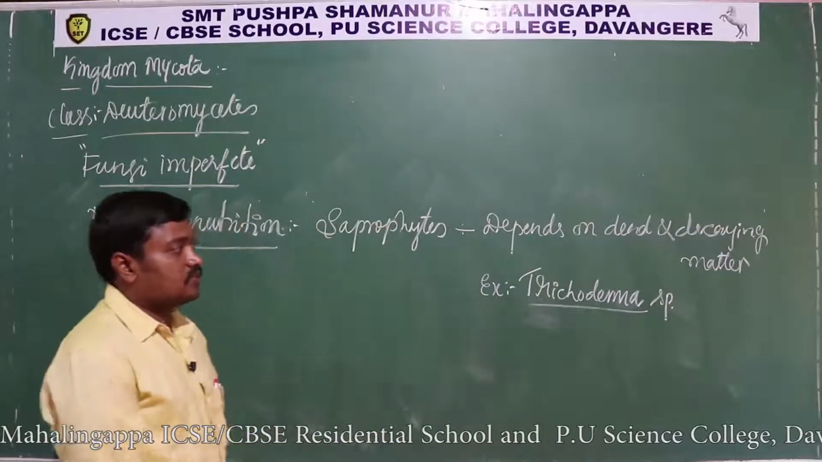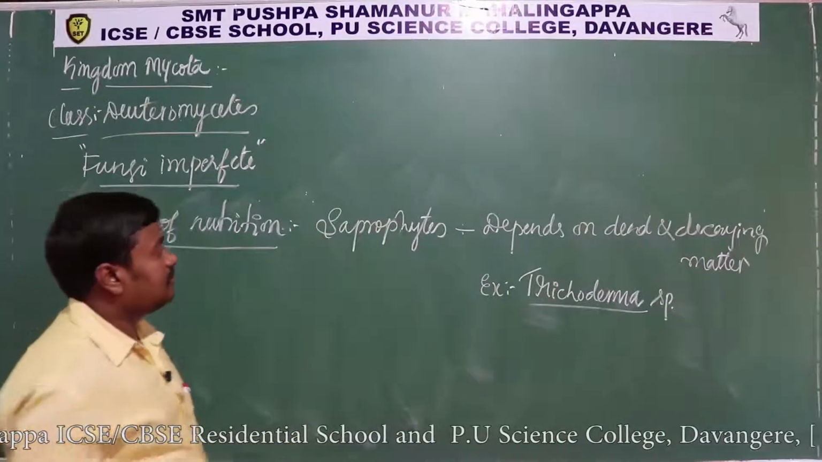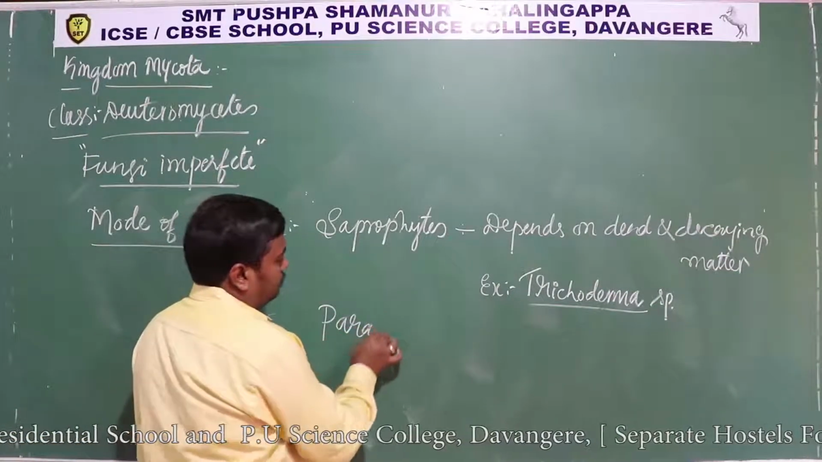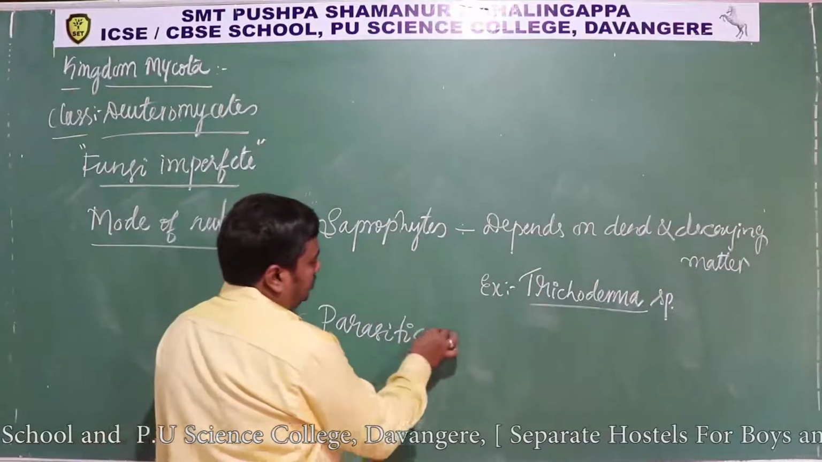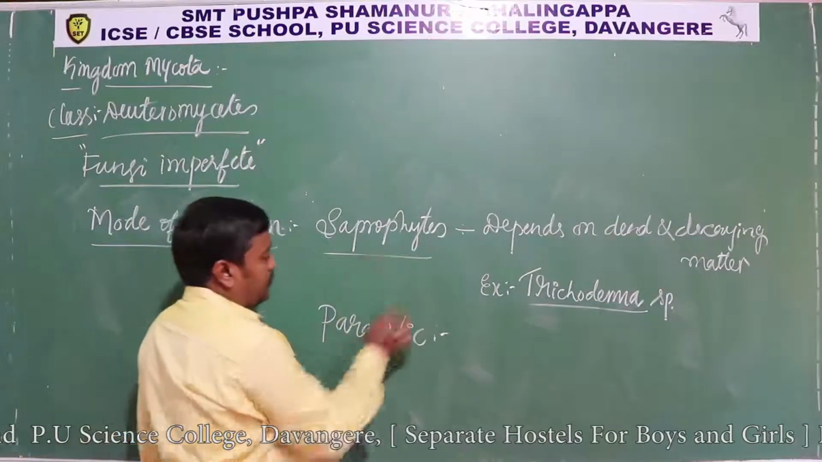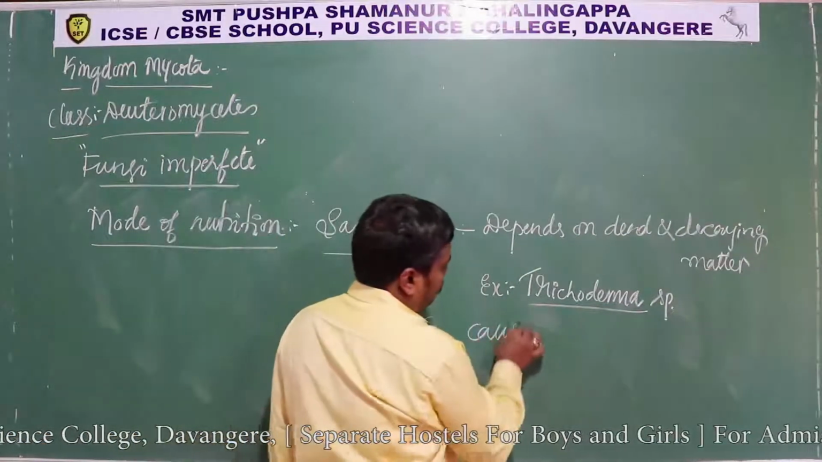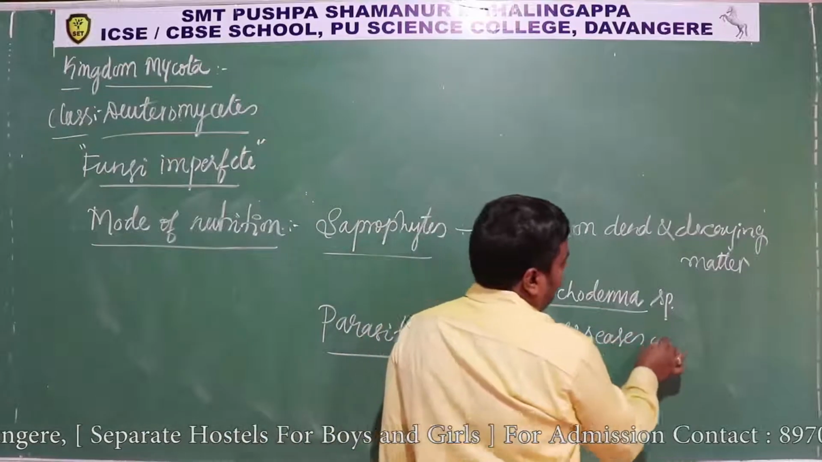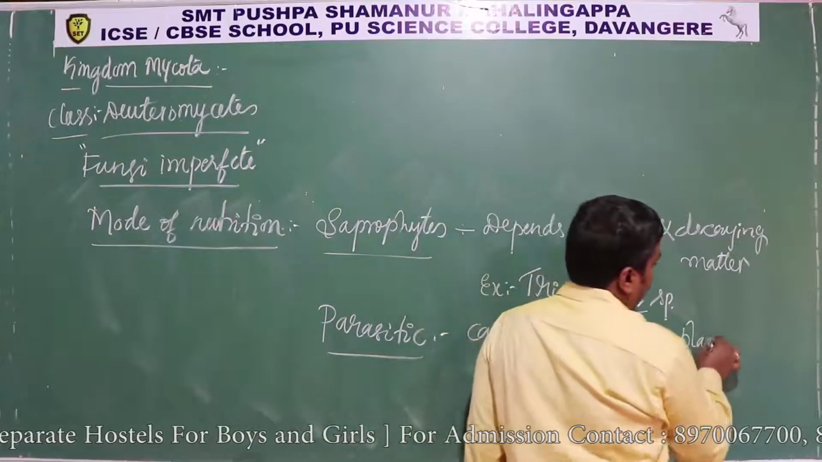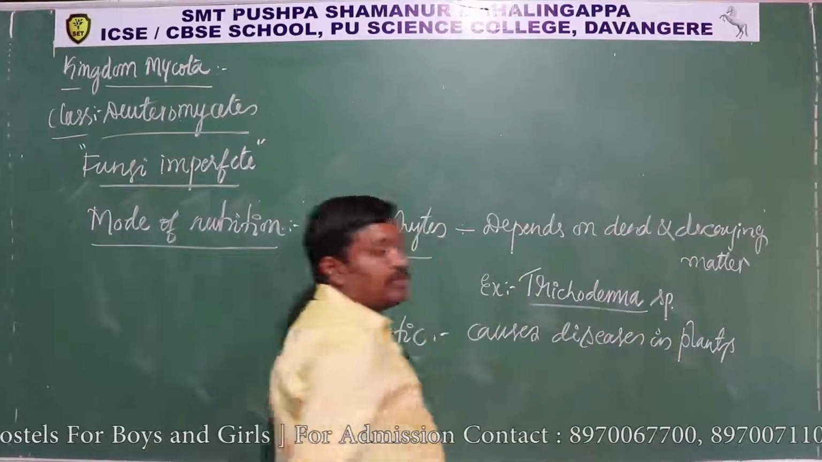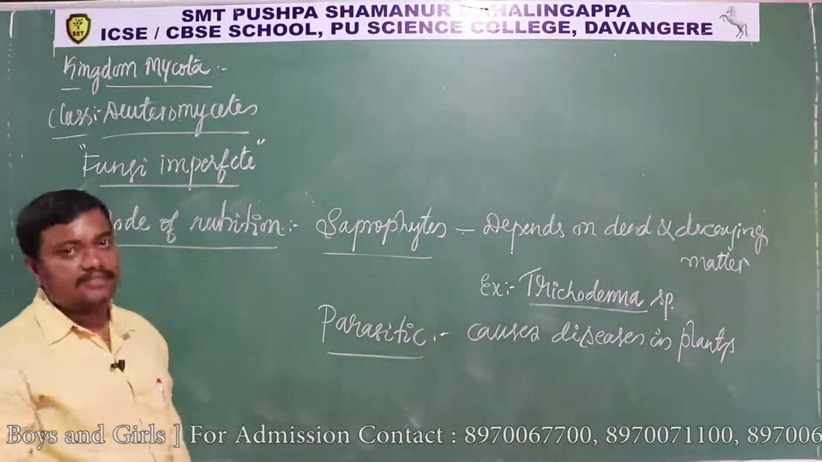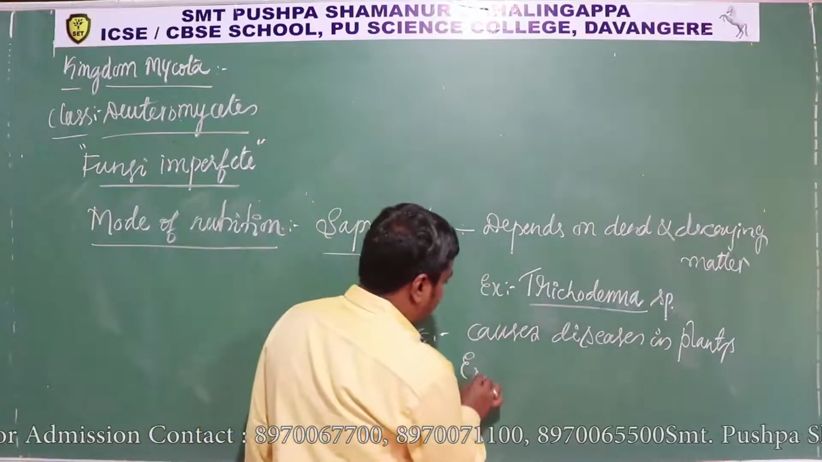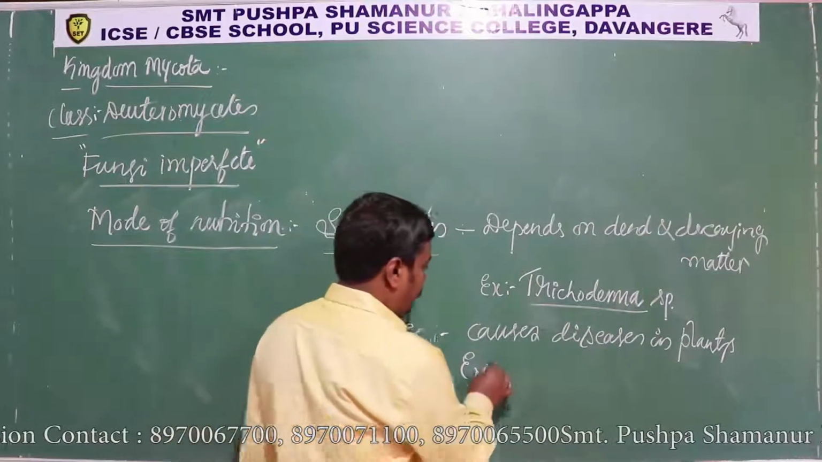Trichoderma species. Okay, so Trichoderma species is the best example for that. Okay, next come to parasitic. So parasitic, so causes diseases in plants. In plants they cause different kinds of diseases like spot disease, blight disease, and even rot disease. Okay, so examples for disease causing deuteromycetes, one is